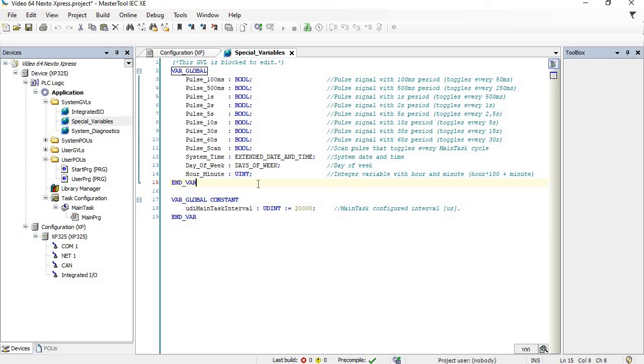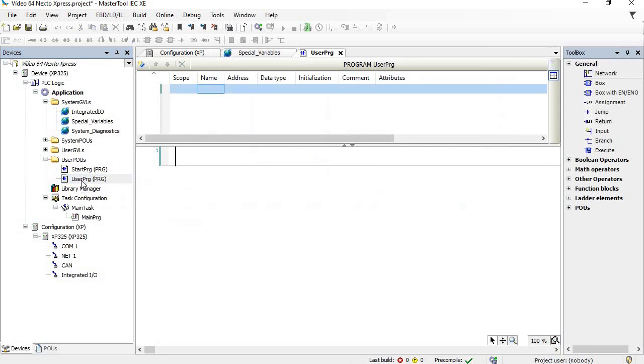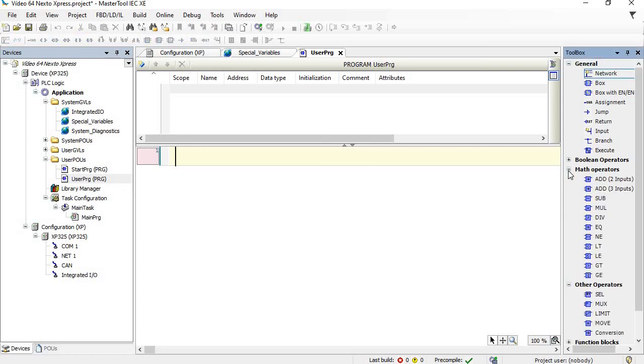So, in order to explain the use of these special variables, we can go here in User PRG and do a comparison of the current day to turn on our digital output. So let's put it here in the mathematical operator EQ for equality, and let's enable it.